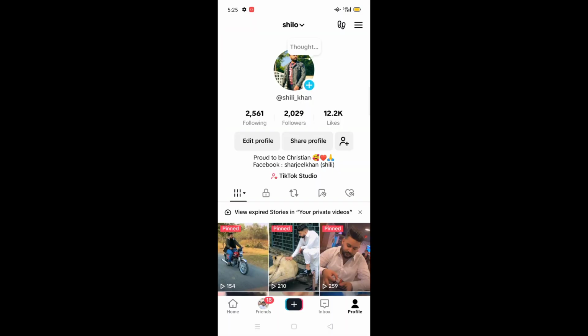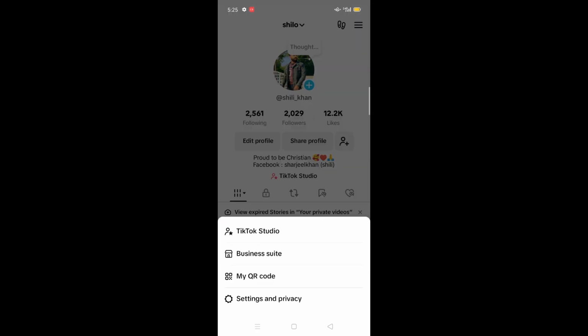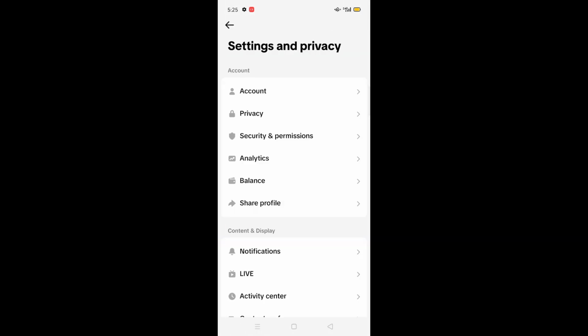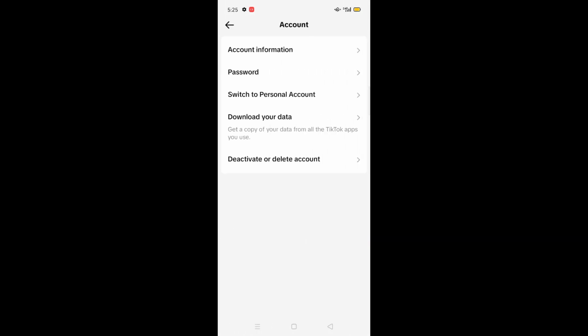So from here you will just go on the top right corner of three lines of settings. Click to settings and privacy. So now you will just tap to account. You will just go back